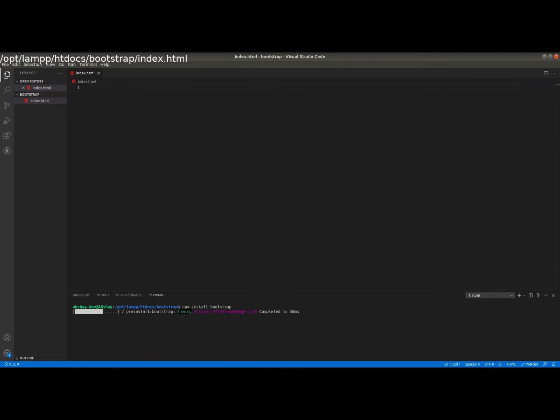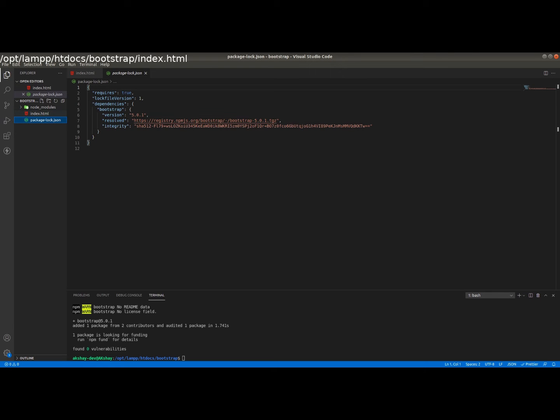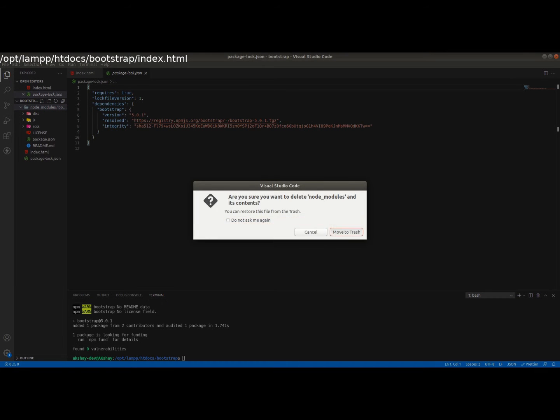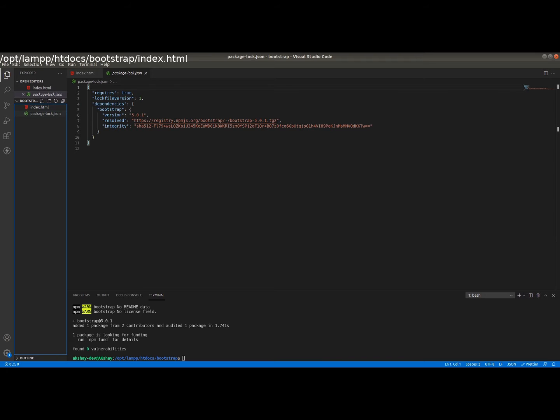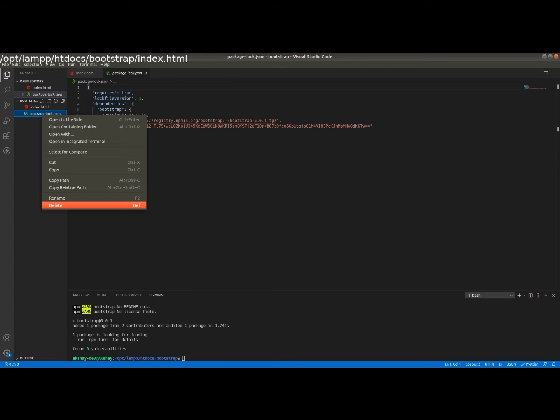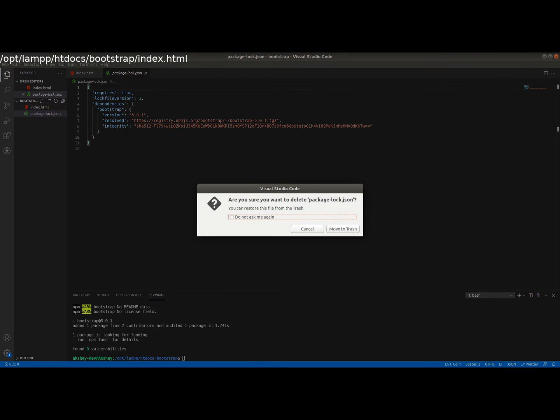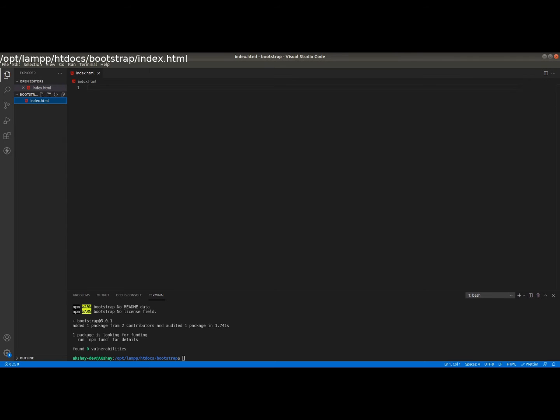Press enter and it will download the respective files with the node modules and package-lock.json. The node modules have a CSS file and a JS file also. But I am not recommending this way, because we always use this type of Bootstrap installation when we are working on Angular, React, and the front end part of any JS project.